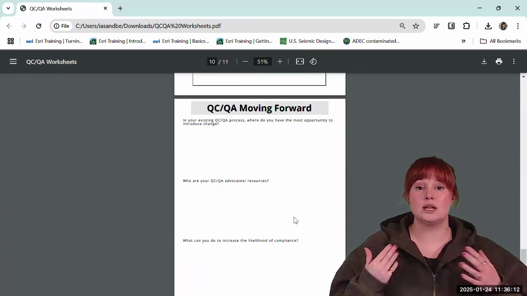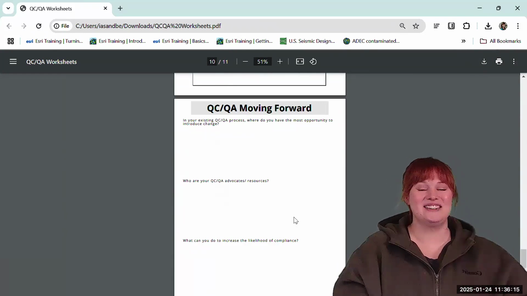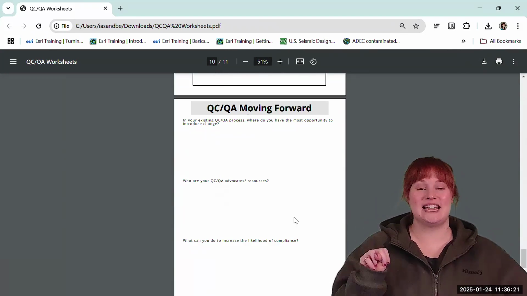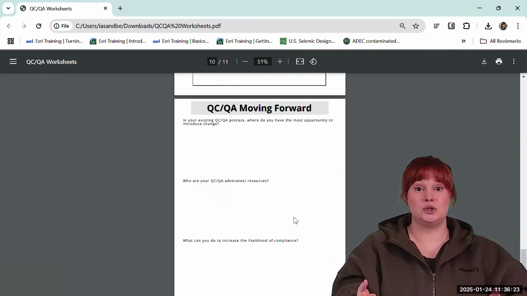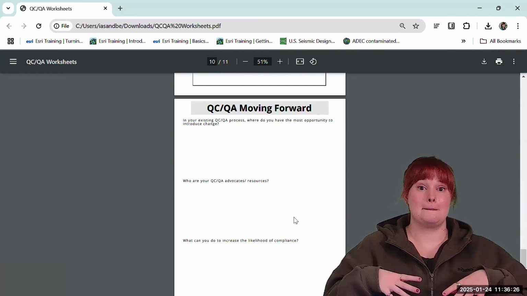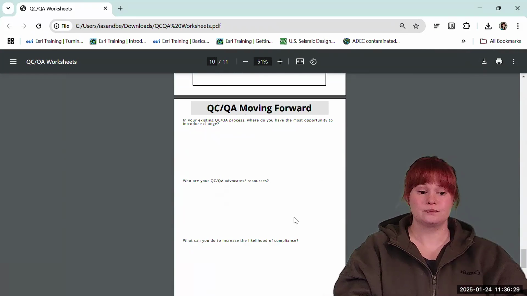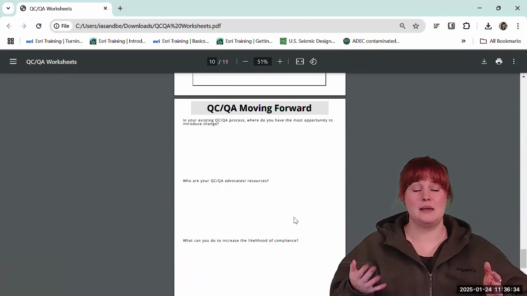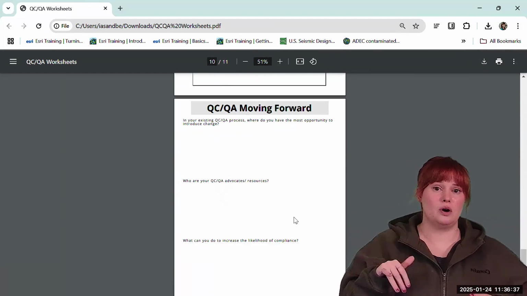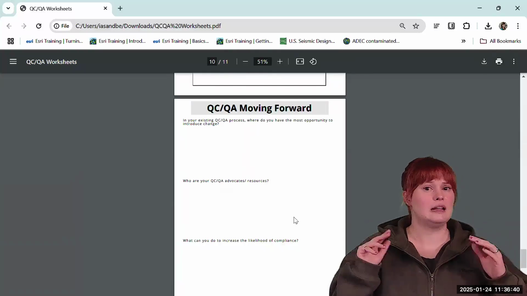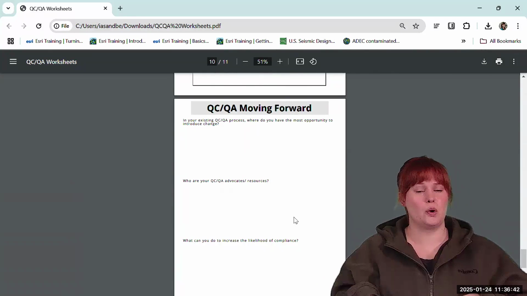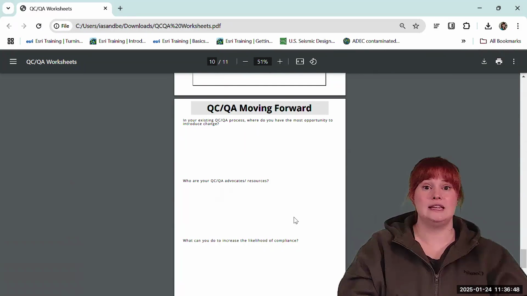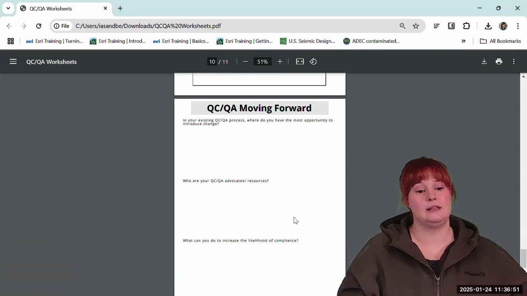And who are some of your advocates? That's one of the other reasons that I advocate having a buddy with you when you go through these worksheets, because then there's at least two of you who can say, hey, this is something that we should do, and we've thought it through, and here's something that we can do. You don't have to do the worksheets all at one time, and it might actually be helpful to go through a worksheet, let it marinate a little bit, and then come back and do one or two more. But these shouldn't take you hours and hours to do. The intent is for you to be able to move through these fairly quickly.